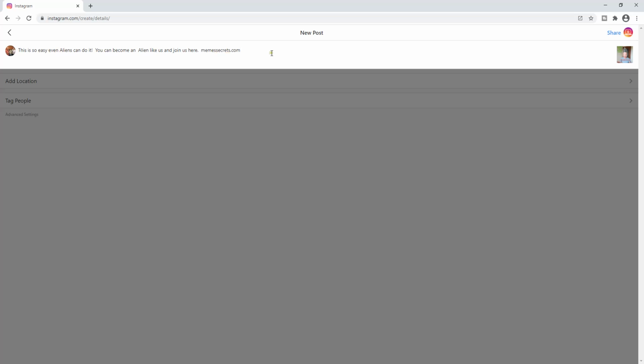That way they can get to it easily. Memesecrets.com was the one I got lucky and got a domain name that's one letter different than the main site, which is kind of cool. So I just typed in my domain that I bought and redirected to the offer, and now I'm going to paste in those